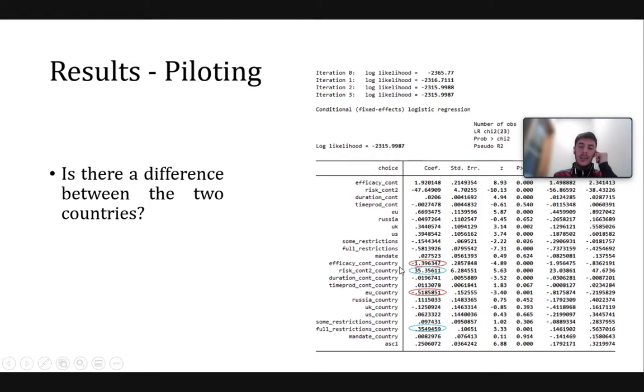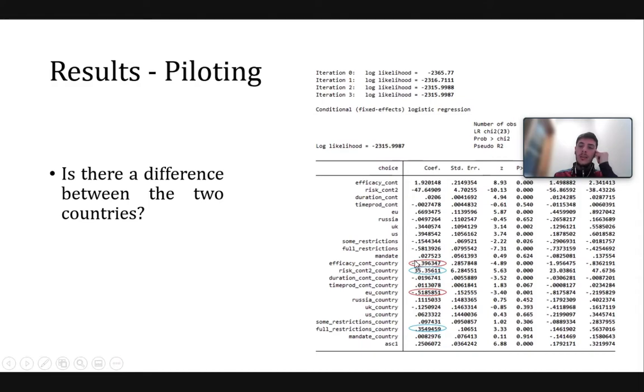So what we have here, we can see that there are statistically significant parameters that are quite interesting, because if we look at the efficacy, again, for example, we can see that for the US sample, the efficacy is less important than for the Italian sample, okay? How do we get this? First of all, this is negative, okay? But also we can compute this difference looking at the efficacy here in the first model, right?